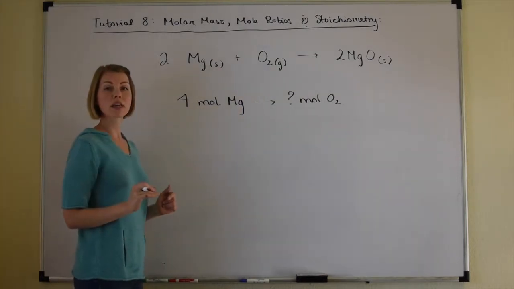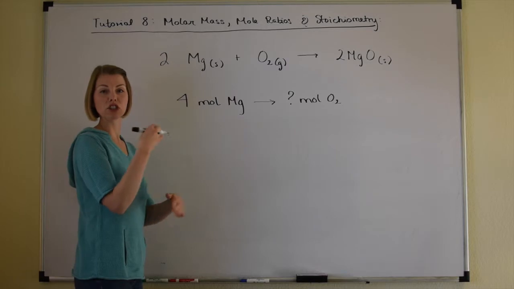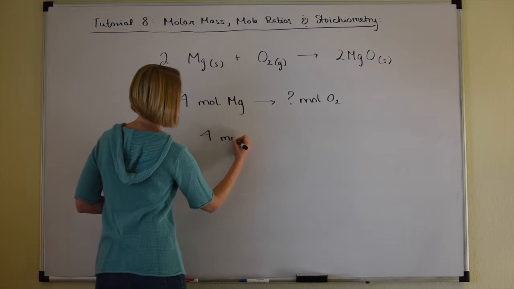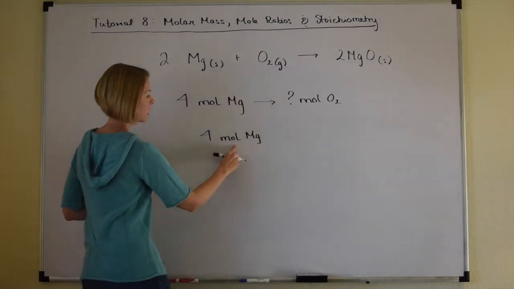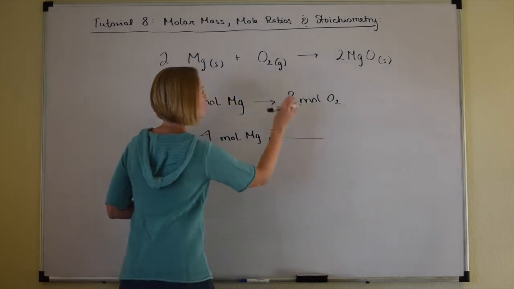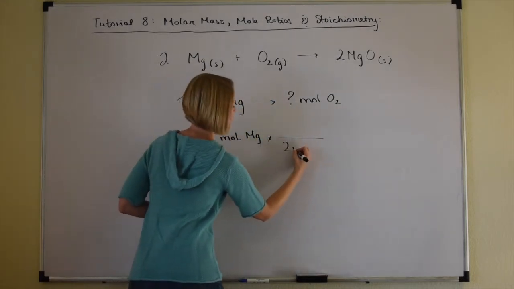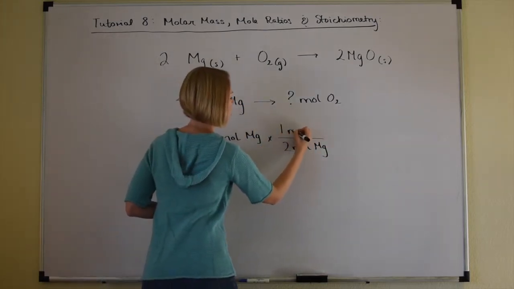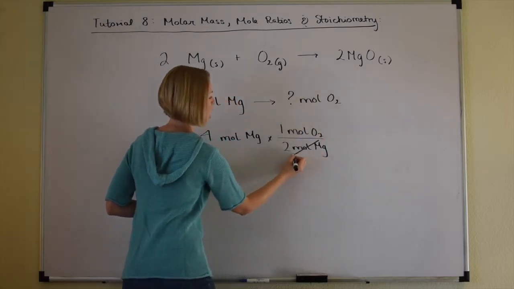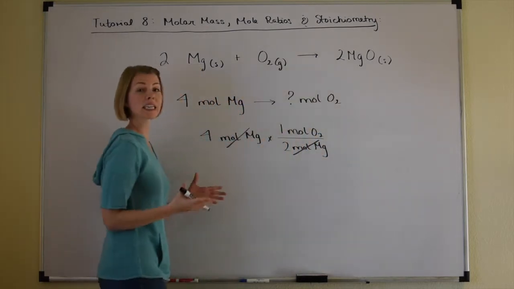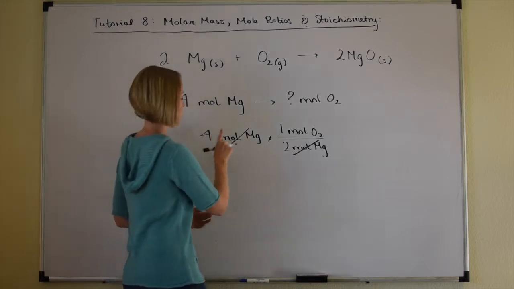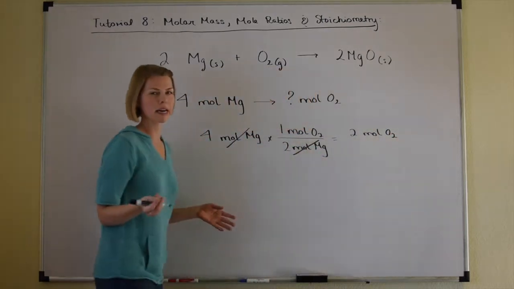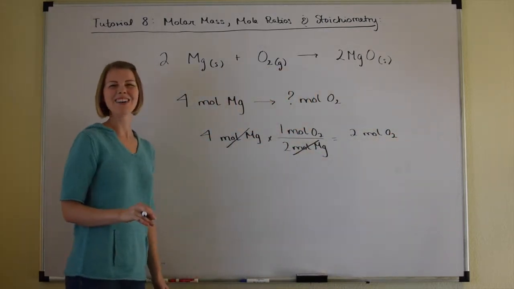Well, we can set this up using our mole ratio as our conversion factor to convert between moles of magnesium and moles of oxygen. So let's go ahead and set that one up now. Our given unit needs to cancel out. So we're going to put the 2 moles of magnesium on the bottom, and we're going to put the 1 mole of oxygen on the top so that our desired unit, what we're seeking, does not cancel. 4 divided by 2 is just going to give us 2 moles of oxygen. You might say, I could have done that in my head, 4 divided by 2,